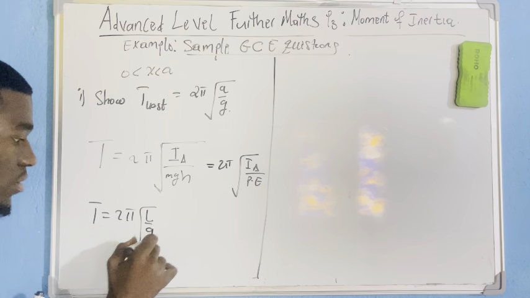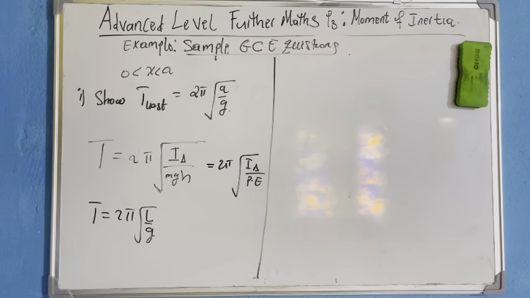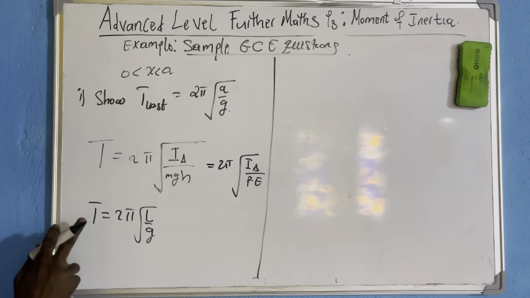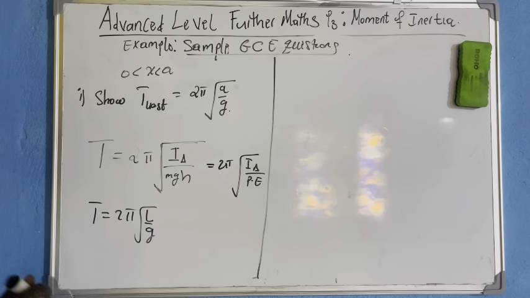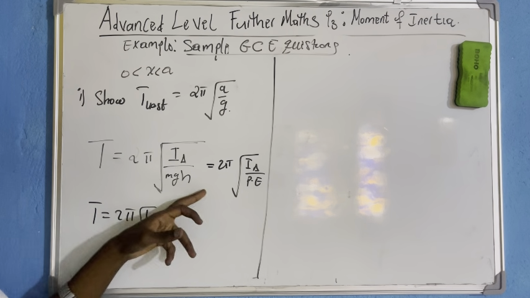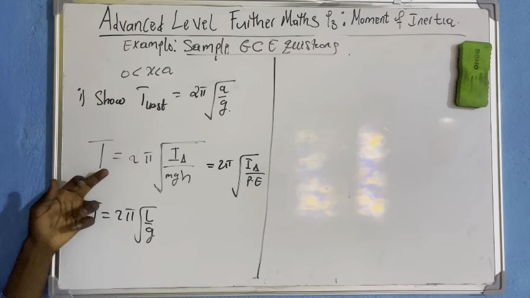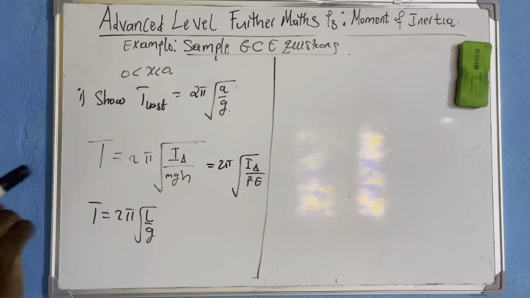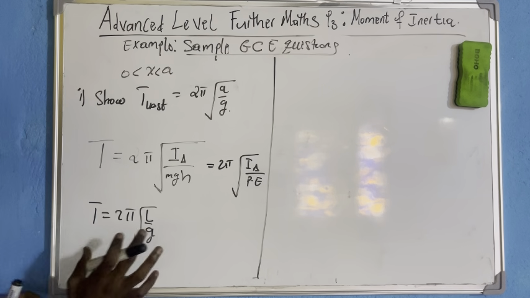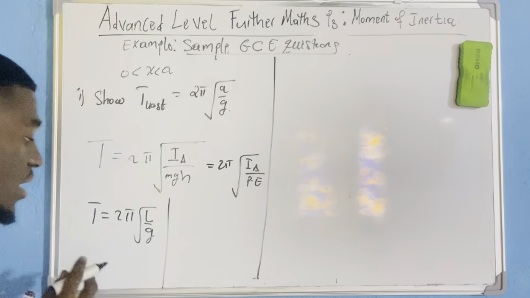L on g. So what you people know, T equals 2 pi square root of L on g, what is inside the formula booklet, this is what you people know, but normally it's coming from this general formula. Okay. Now let me explain how I can go from here to here rapidly without wasting time.